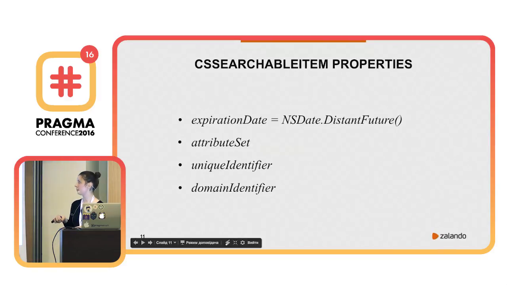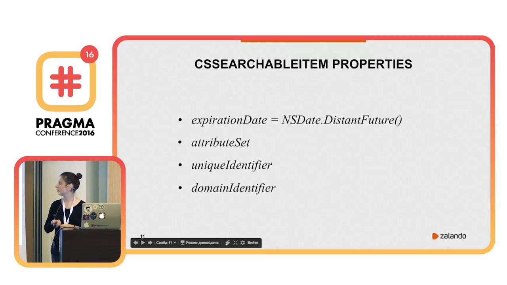A searchable item has specific attributes, and these attributes are mostly the ones that you see on the screen. And for me, what's really important is the expiration date, because developers normally ignore it, but it's really handy. For example, in our catalog, we have shoes from the spring collection. And we know that in winter, it's not useful anymore to have these results there. So we can set the expiration date for this item as the beginning of winter. And then the system will automatically remove these items from the index.